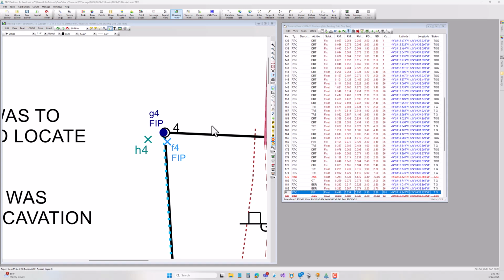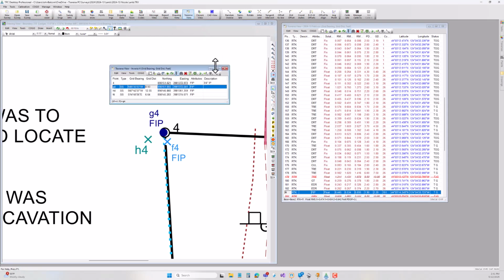Well, I was picking up some other points while I was out there and actually went back out another day and did some post-processing. And H4 is the post-processed position of that point. But again, I was never able to get very good satellites. And so I just put together a real quick traverse here to show you what that looks like